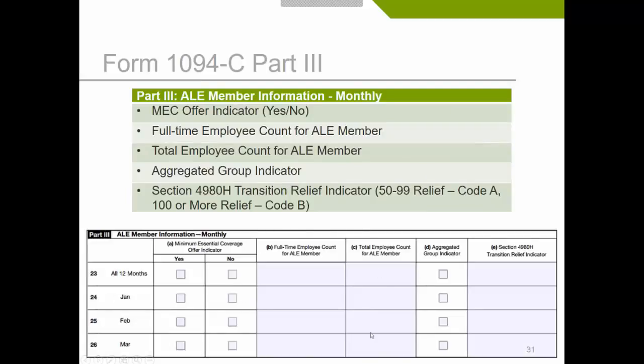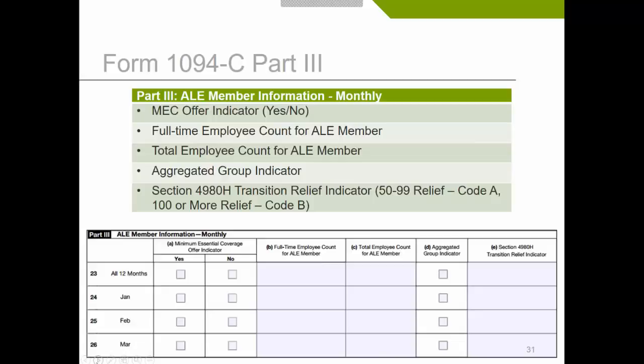We also have to tell the IRS two other things that I want you to be aware of. We have to tell them your full-time employee count. And remember, full-time employees are working 130 hours a month. I know you and I know Matt and I all work 130 hours by Wednesday, but these are your folks that are working 130 hours for that month. Then we also need to know your total employee count for that month. So just be aware that those are all your other employees that are not working 130 hours. So these are the two numbers that we're going to be asking you for